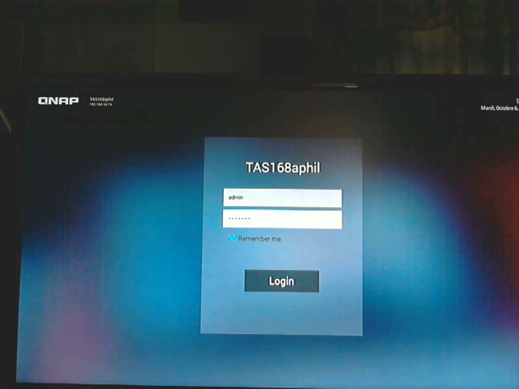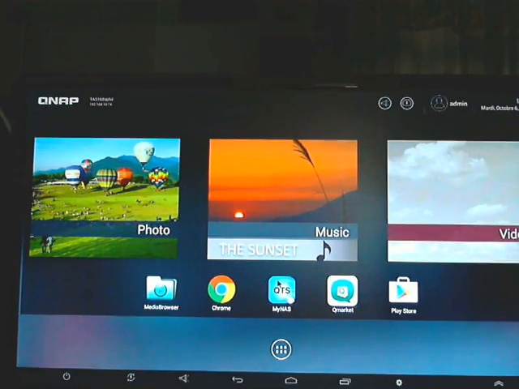So I just show you what the interface is when you use Android on the TES X68 in real usage. In fact, with a system that I run myself and not a marketing demonstration. So the first step is to log in. You can choose any login, but I chose the admin for simplicity. And when you are logged in, you are under a normal Android interface.